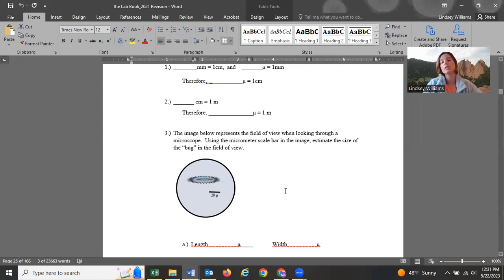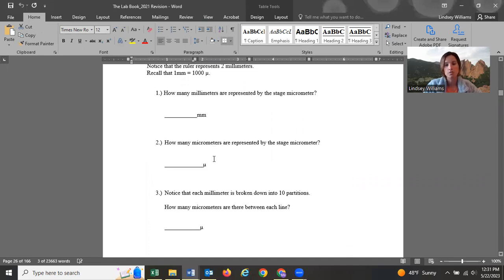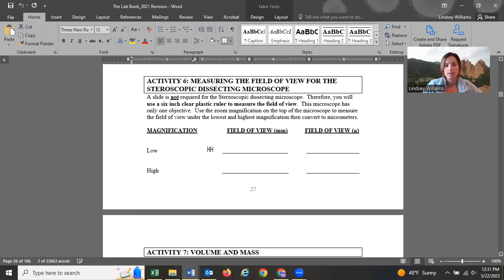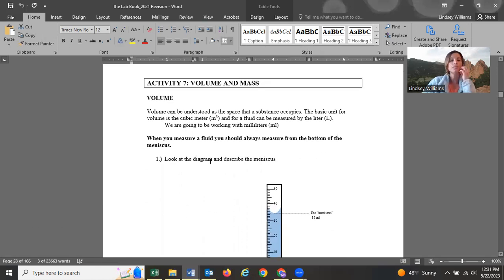And then you enter that, of course, into the Brightspace activity. This is just showing you what the micrometer looks like blown up underneath the microscope. You're going to answer some questions according to that. And the rest is pretty self-explanatory. Now here,